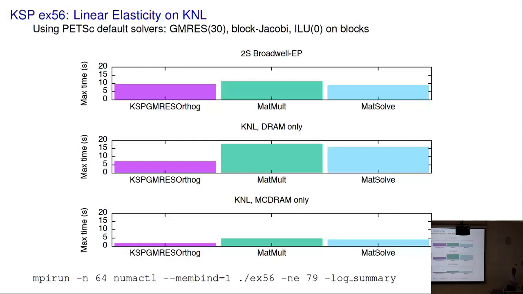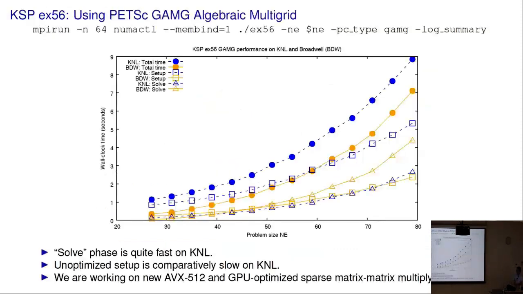The story isn't quite as good when I use a more sophisticated solver. So I run the same example using the GAMG algebraic multigrid solver. And you find here it's kind of a mixed bag. Like the setup phase on KNL is really slow. But once you get it set up, the solve phase is actually really fast, because it can really benefit from